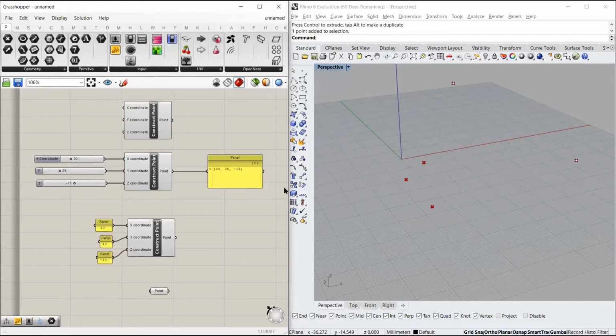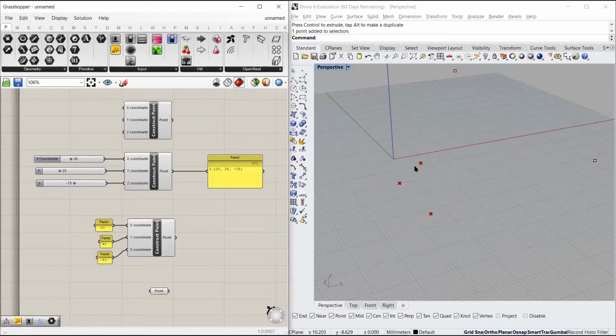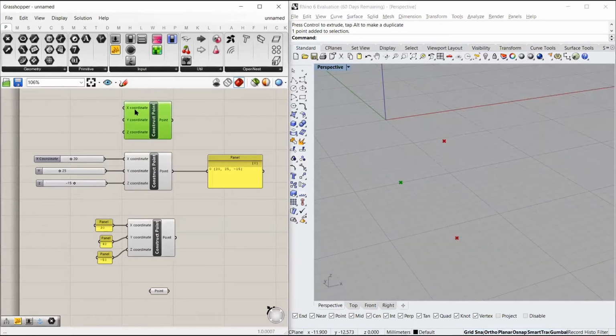But if I want to bake a specific point from Grasshopper to Rhino, I have to bake it into Rhino. So suppose I want to take this point, which is at x 5, y 10, and z minus 15, into Rhino and want to select it in Rhino.